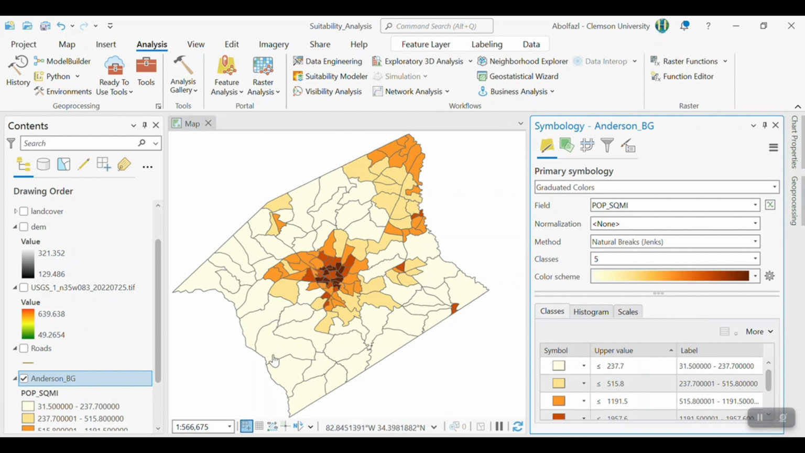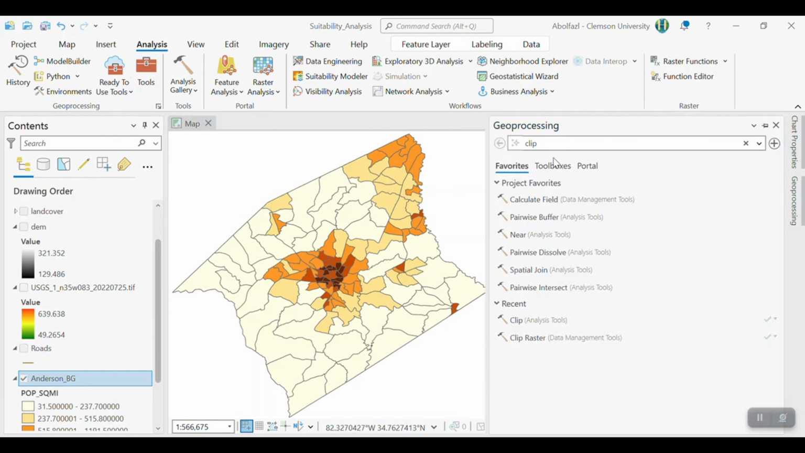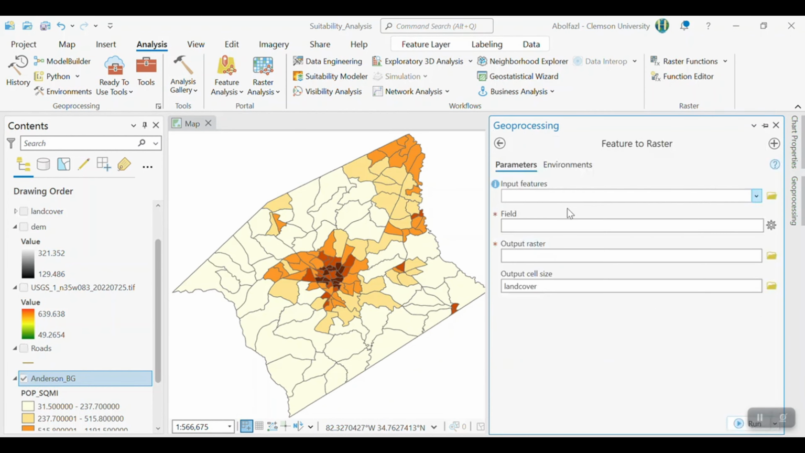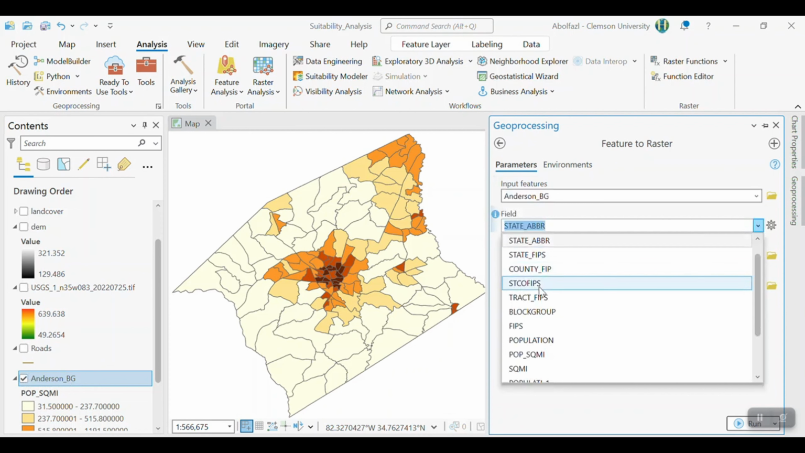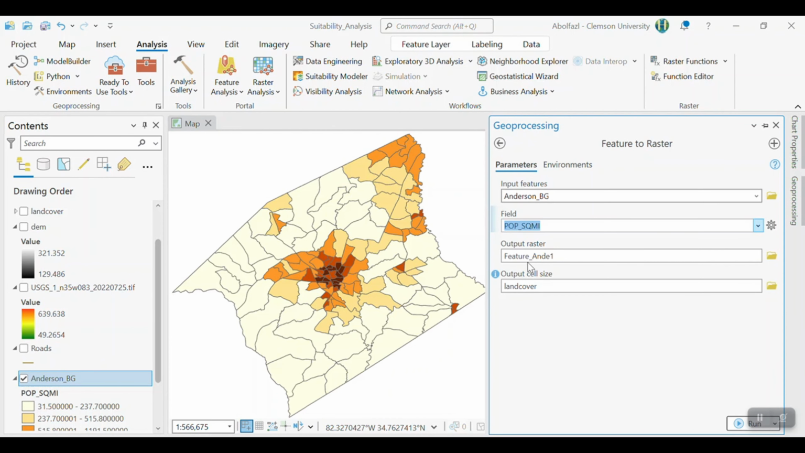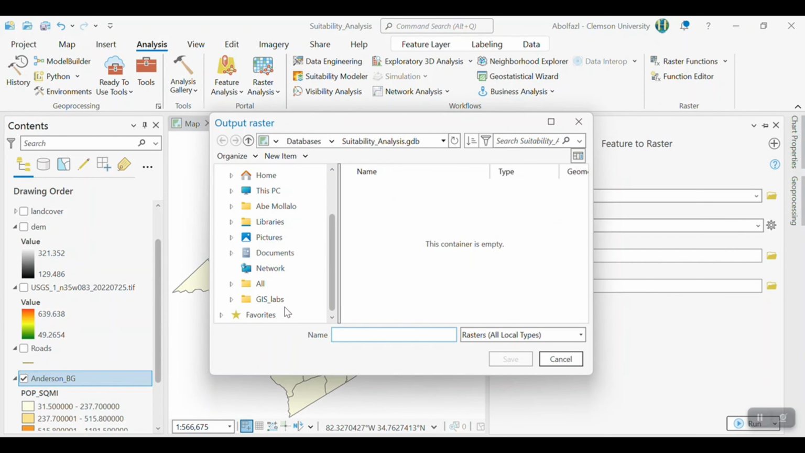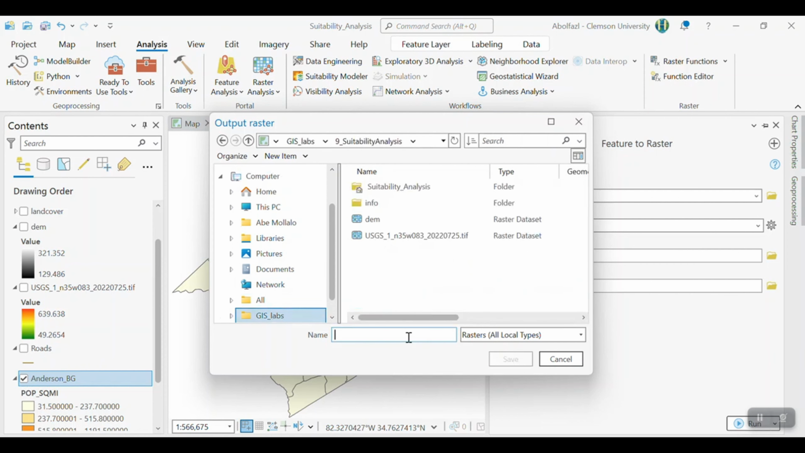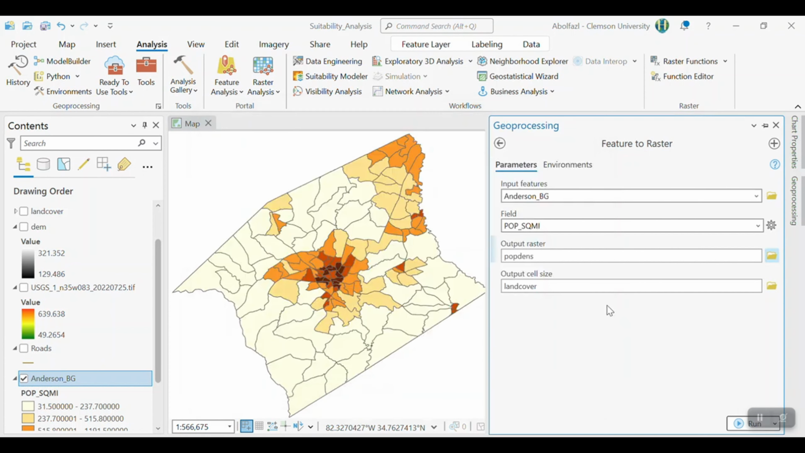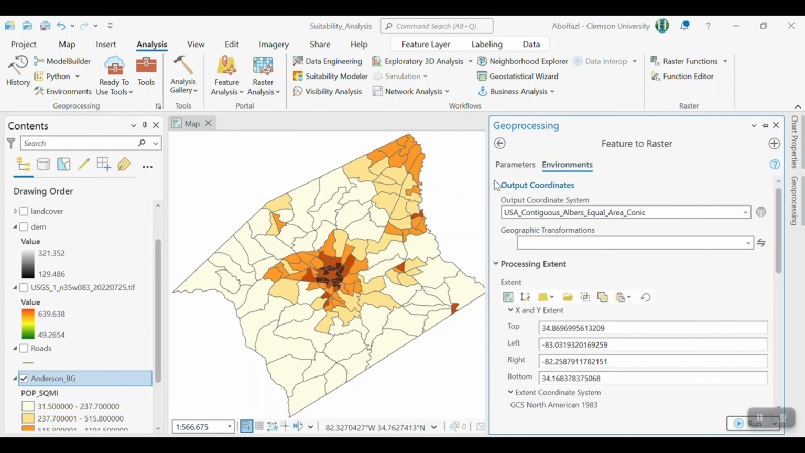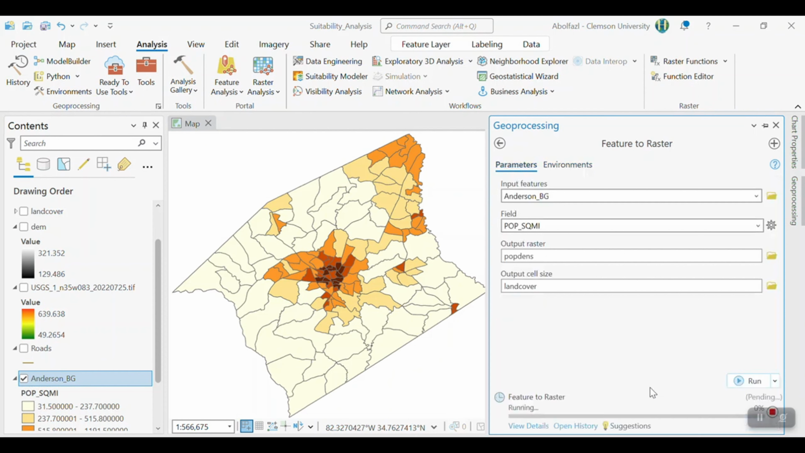So in order to convert this from feature to raster, we use the Feature to Raster tool. My input feature is going to be here, Anderson block group, based on pop SQMI. And for the output, I'm going to call this pop dense, right? So I'm going to save it here. I'm going to call it pop dense, yeah, pop dense is okay. Save. The output cell size, as you can see, is land cover. And if you look at the environment, these are the ones that we already set. So when you click run,